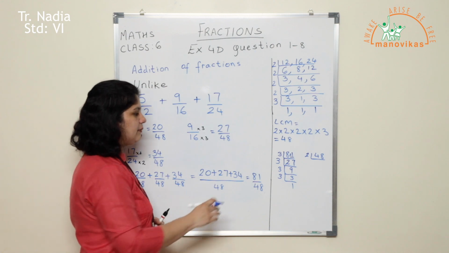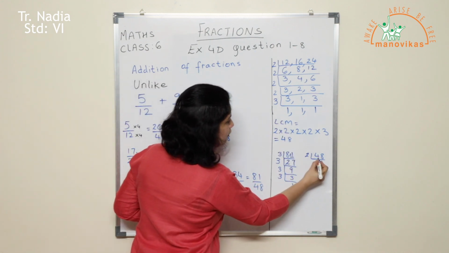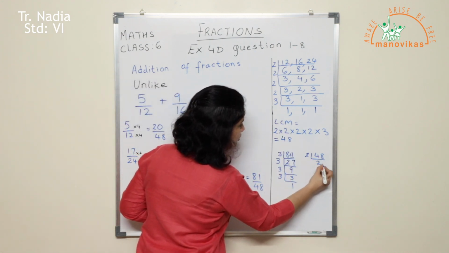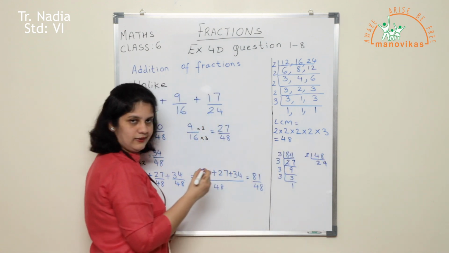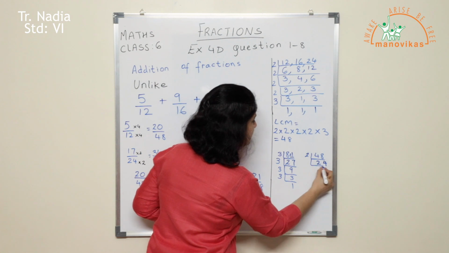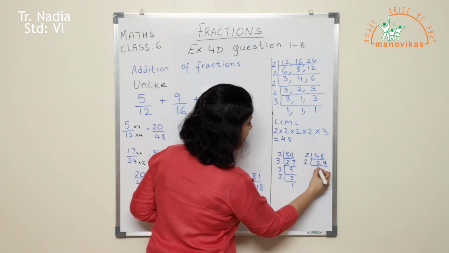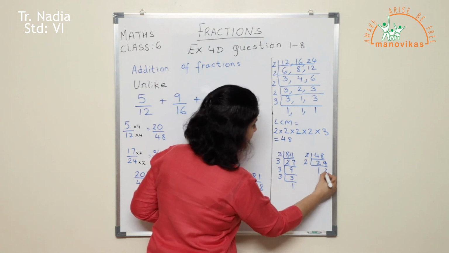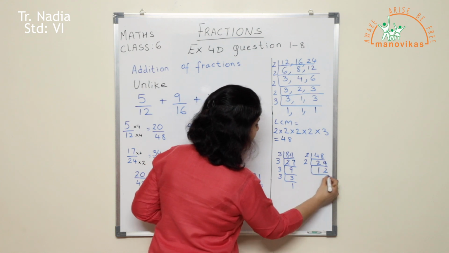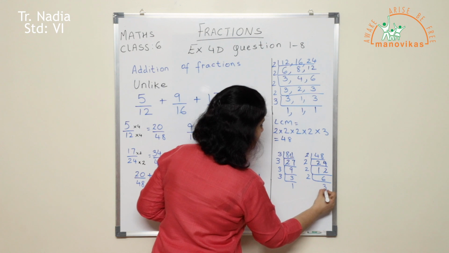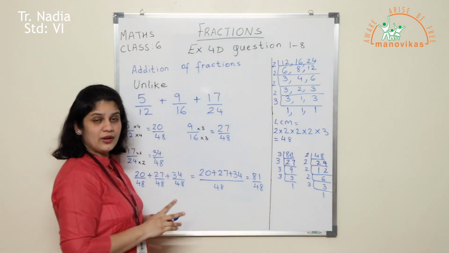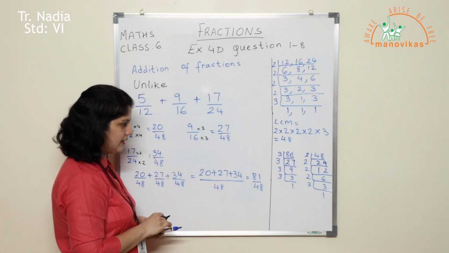What is 48 divided by 2? I will directly do it. 4 divided by 2 is 2. So 2 2s are 4 and 2 4s are 8. Again 24 is an even number. I'll make use of 2 table. 2 1s are 2. 2 2s are 4. 2 6s are 12. 2 3s are 6. 3 1s are 3. Now let us see if we can cancel anything.